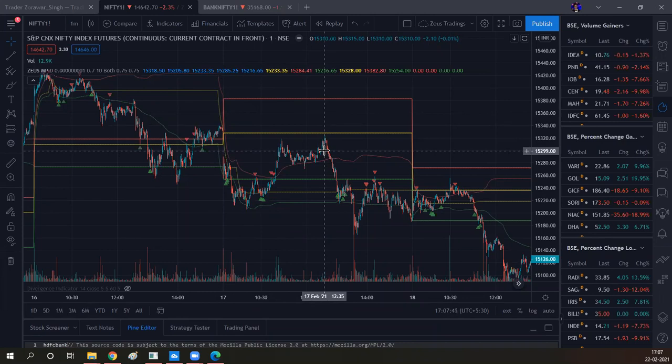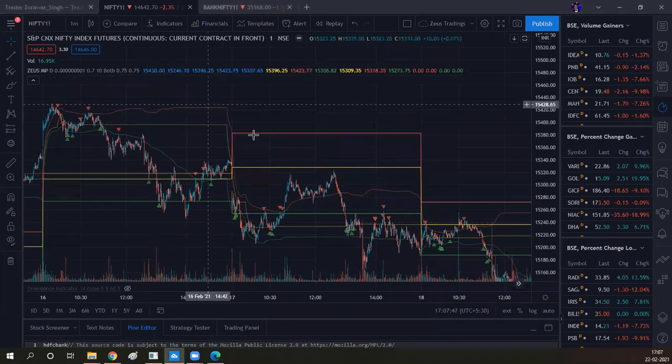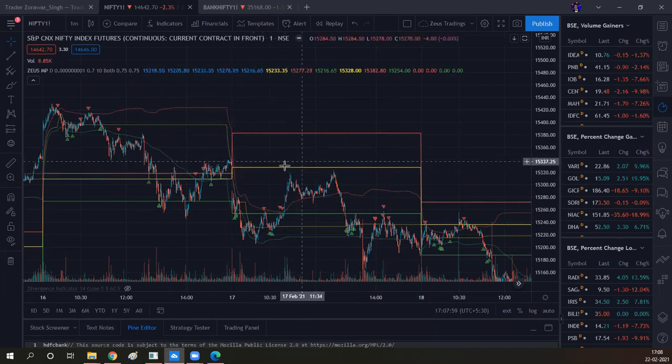Okay. Now, as I told you, the point of control is the price at which maximum trading activity occurs. So you will realize this is what represents fair value. This is the price that represents fair value to all buyers and sellers. This yellow line is the price at which the market kind of had some kind of understanding, and this became the fair value for the current day.